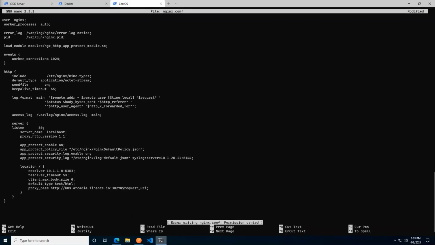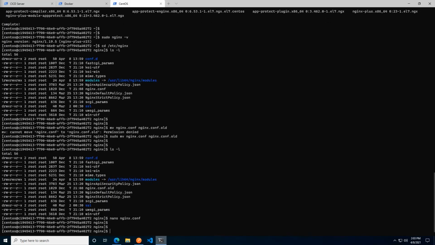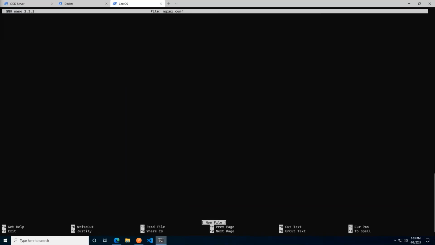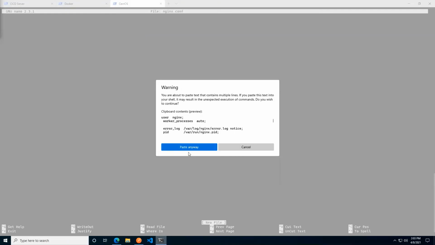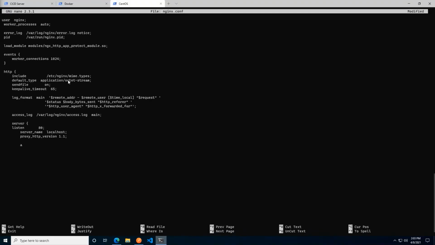My mistake. Did I mention what my favorite hobby was, ladies and gentlemen? When I tried writing this file, it said permission denied because I forgot to sudo. So I'm just going to Control X and N here. And I'm going to have to do this again, but this time perhaps let's try for good measure with sudo in front of it. I've gone ahead and copied the previous, the Nginx again part. I'm just going to put that in there.